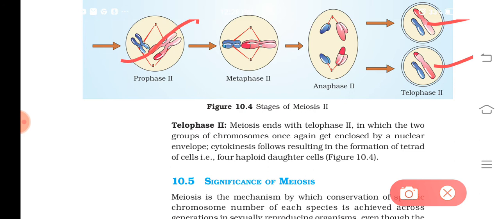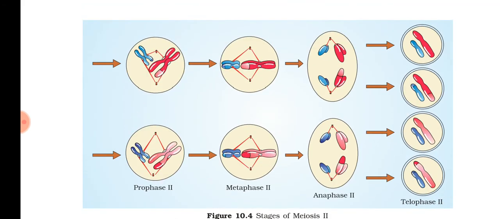Meiosis 1 will produce what? Two cells, isn't it? After meiosis division, I told you cytokinesis also takes place, and that makes the cell into 2 cells with half the chromosome number. In each of those cells, one more division takes place, that is known as what? Meiosis 2 takes place and divides the cells again into 2. So now you might have understood how from a single cell 4 cells are formed. From a single cell 4 different cells are formed.